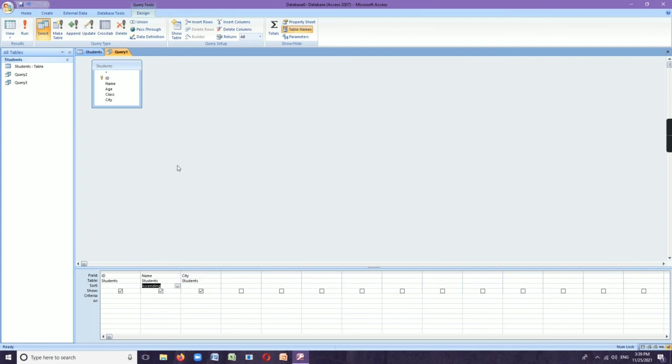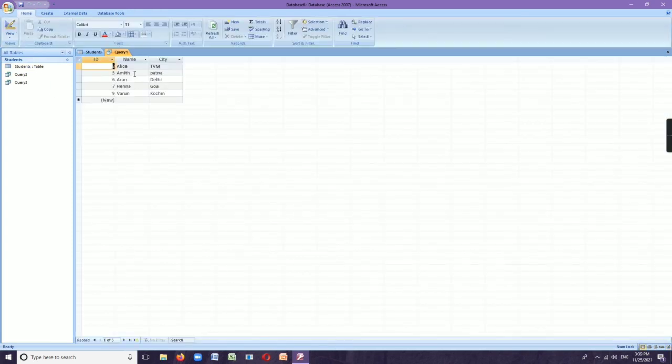Whenever we click on the run button, we can see the table with ascending order of the name. So now I am going to click on the run button. Here we have selected the sorting option based on the name, and whenever I have clicked on the run button, you can see in the ascending order of the name, we can see the 3 fields in the table. This is how we can apply sort query in a table.